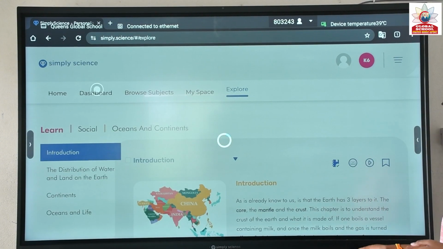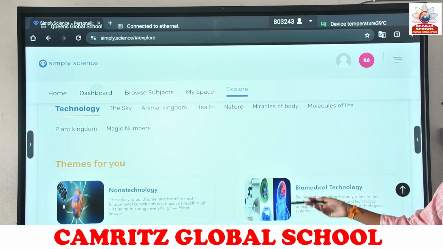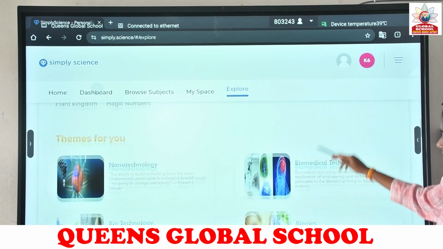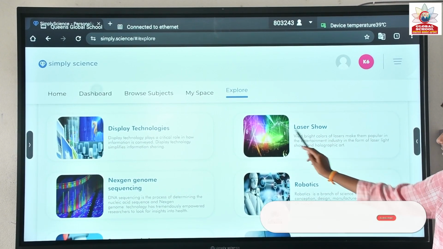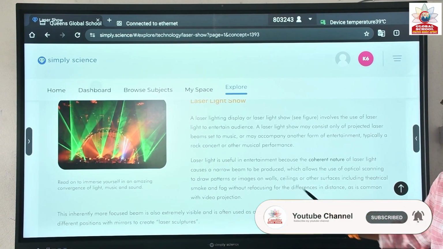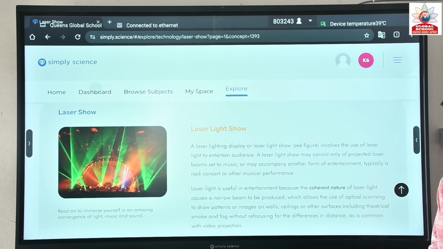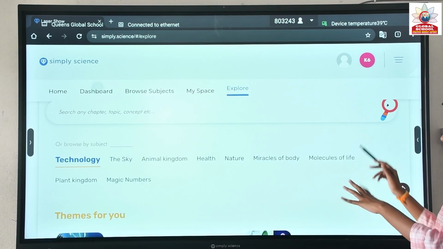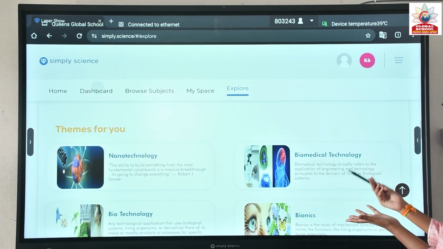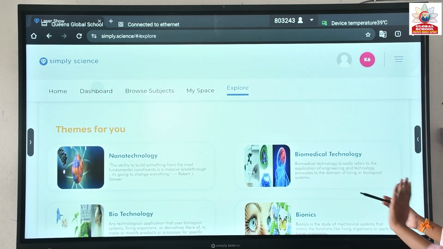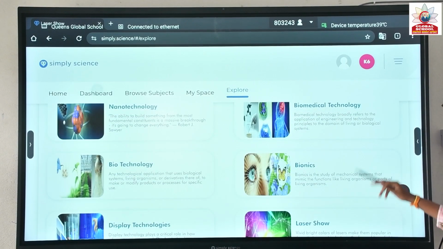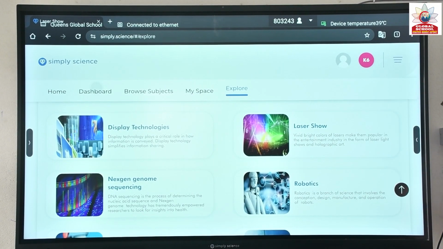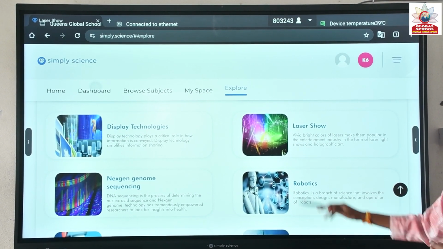And this is the explore option. This is beyond the textbook. So based on scientific proven topics, there are 100+ themes available here. So any topic you can choose from here. For example, this one is related to the light concept. Social also is there. So it is related to all the latest trending topics, ma'am. You can choose whether it is related to the social. You can just give an example. Yes. So like here you can select it, you can give an example before starting that class and you can direct to the main concept. So the students will also easily engage.